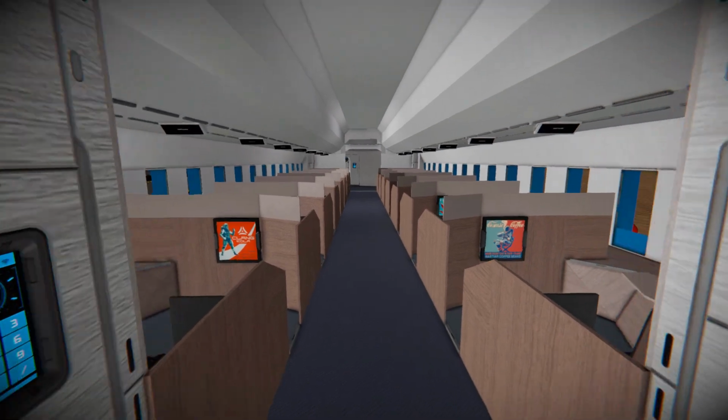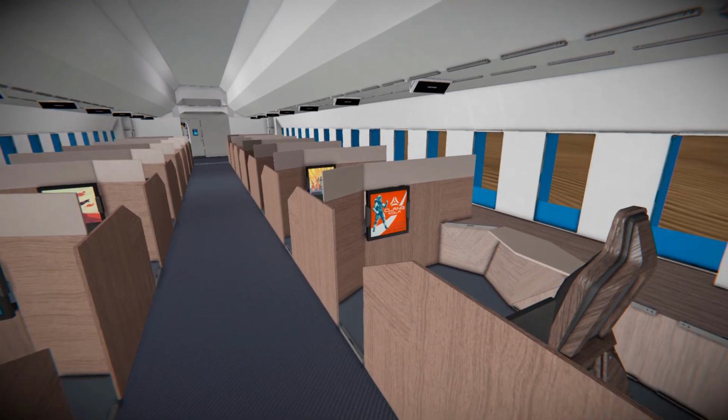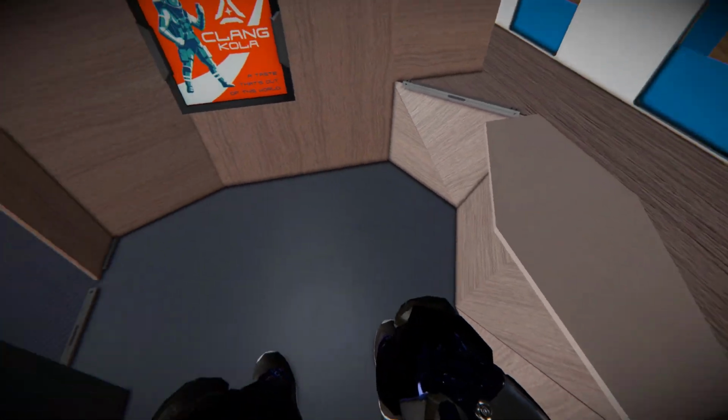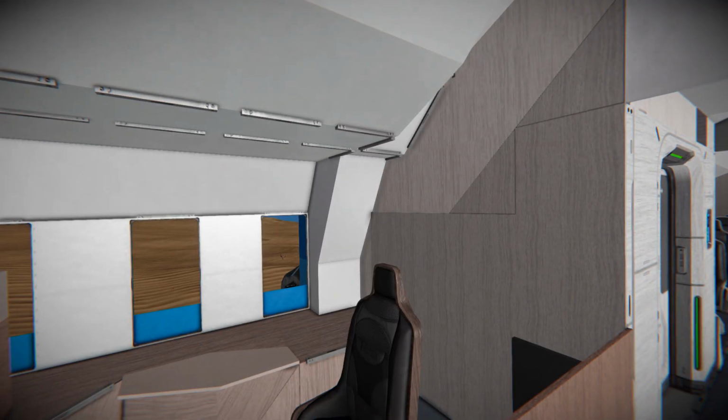And now we come to the first class section where we've got ourselves a private booth with a TV. As you can see, we've got a bunch of Clan Cola adverts being played. And we can just come and sit into this chair. And this is what we get. We've got a lovely view out the side. A nice spacious area, once again LCDs above us, and yes, we now just hop out of that and start